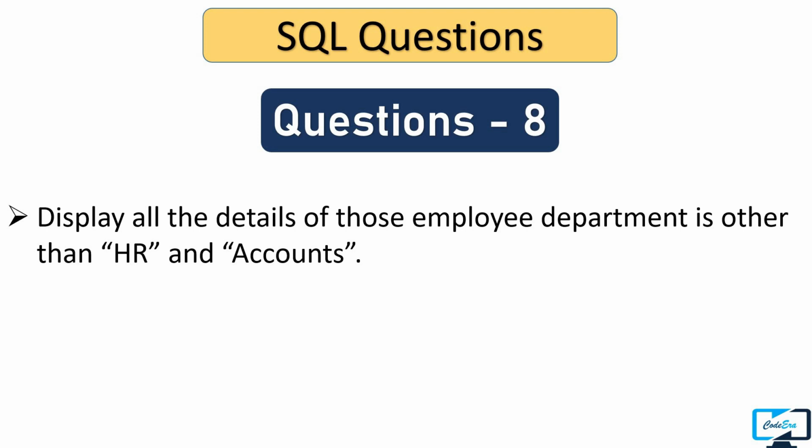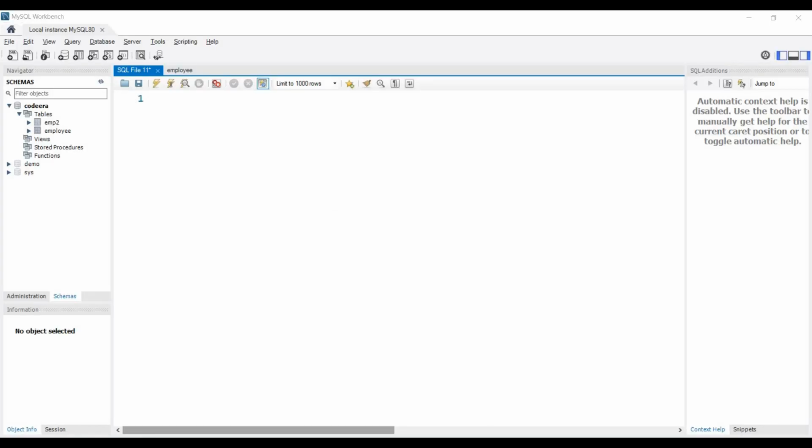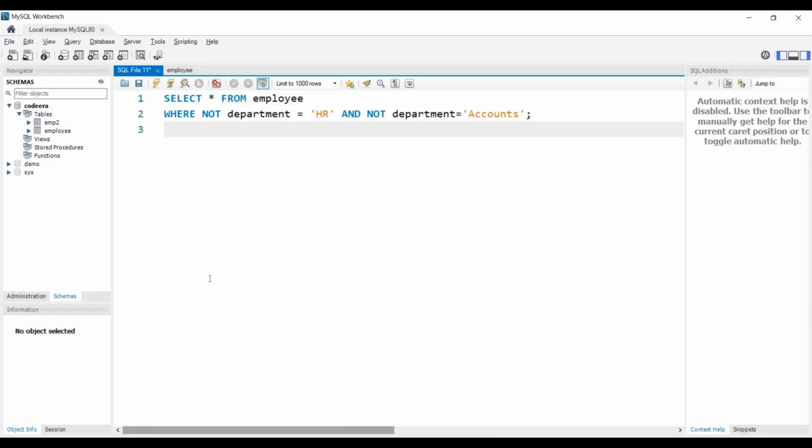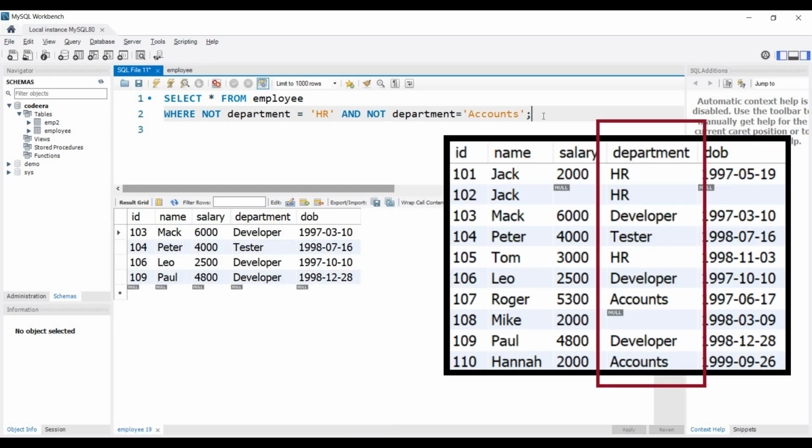To solve this query we have to write select star from employee where not department equal to HR and not department equal to accounts. So let's execute this query. You can see in the output the department is either developer or tester, but its value is not equal to HR and accounts.